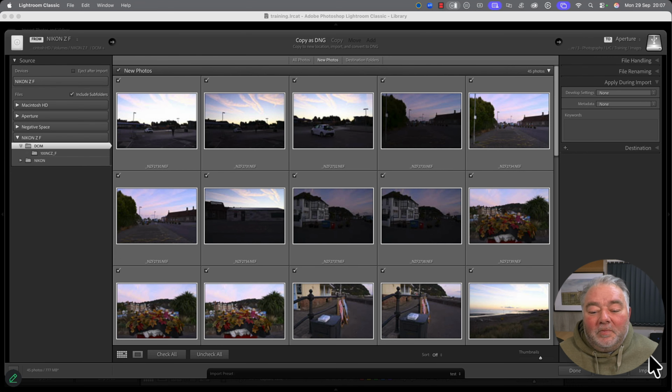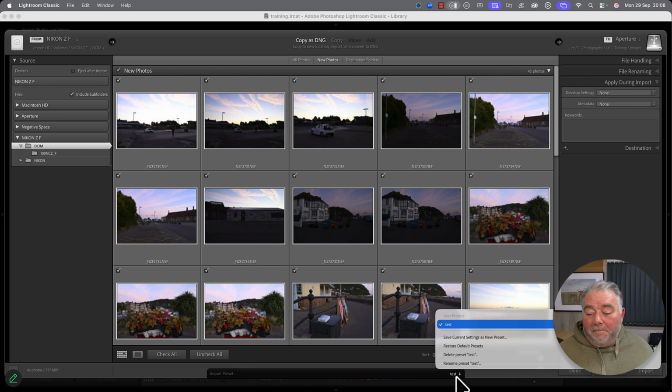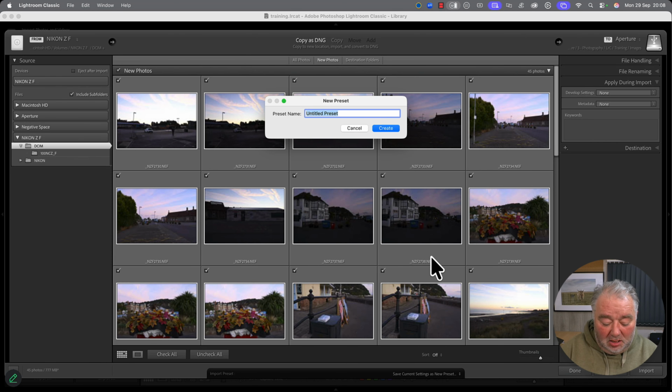Mark, can I just add, David. Yes. As you're importing, if you're using a preset and then you add a keyword, you simply put it in keywords. And then how would you save that? You would update. So you could have it save as a new preset. You can rename it. If you want to just add a new one, you can have as many presets as you like. But if you just wanted to add, as you just did, an example, you add an extra word to it, how would you do that? Well, you would